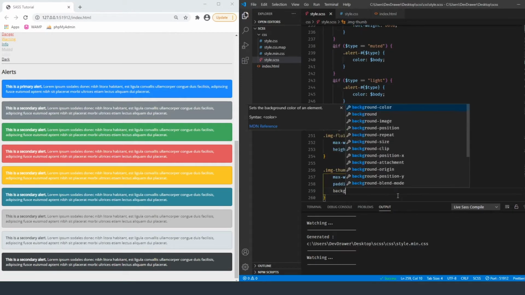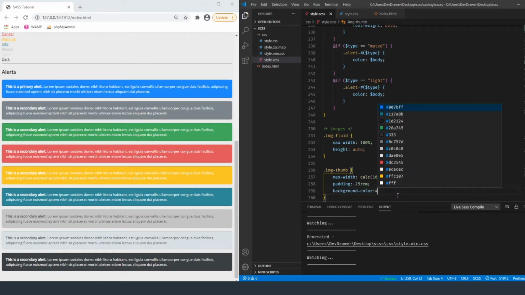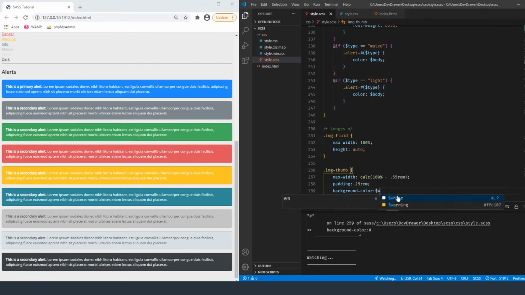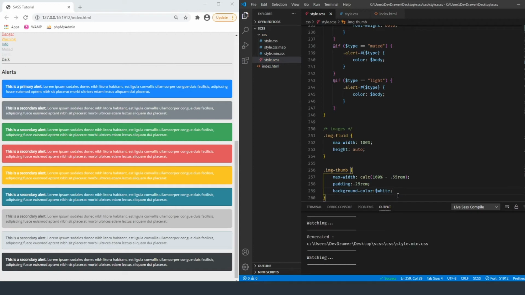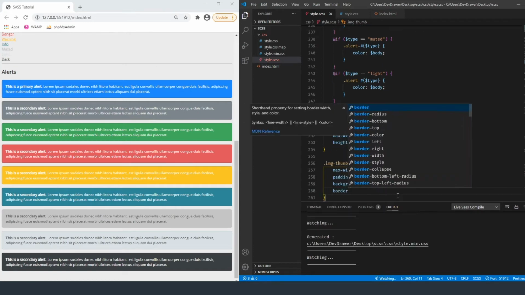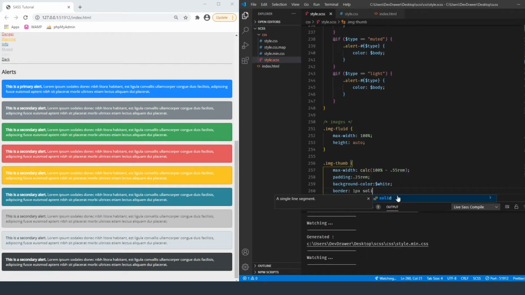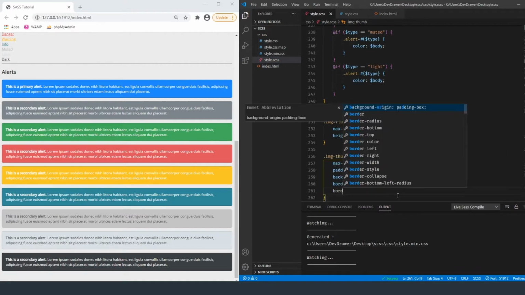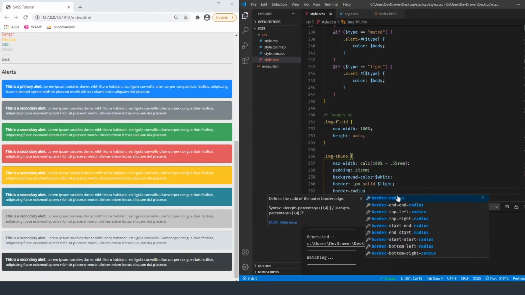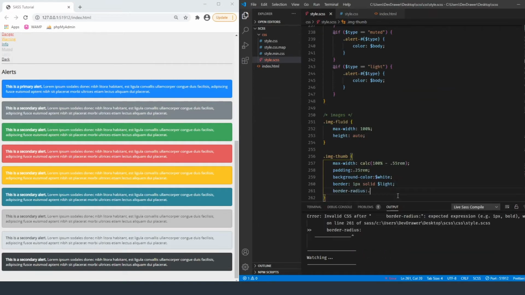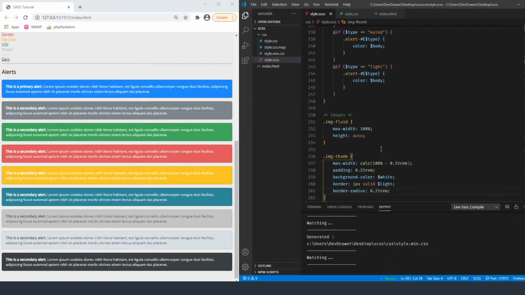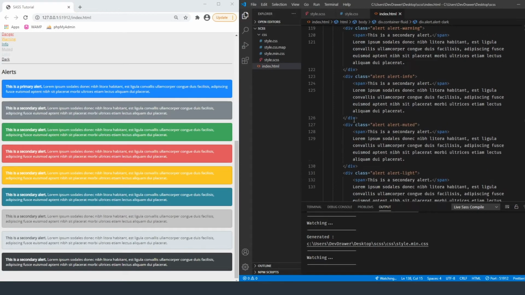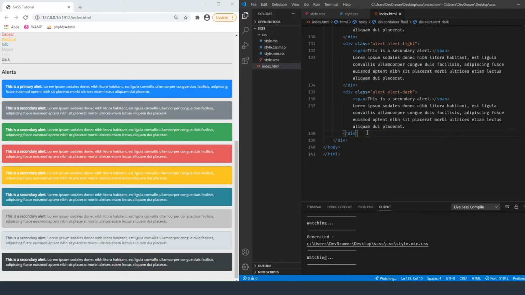And then let's go ahead and do background color of, let's just use the white that we've declared at the top, and then we're going to do a border and do 1 pixel solid, and then we're going to use the light for that one. And then they also have a border radius around it. You don't have to do the border radius, but I'm just going to keep up with the Bootstrap theming. Okay, so this is going to display right below this, so let's go ahead and go down after this and